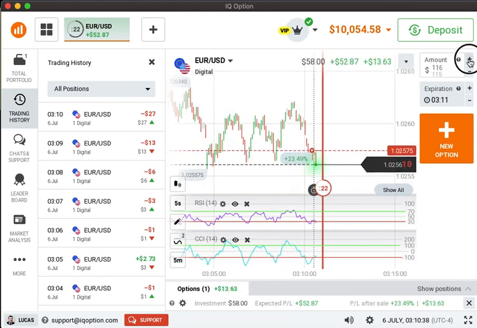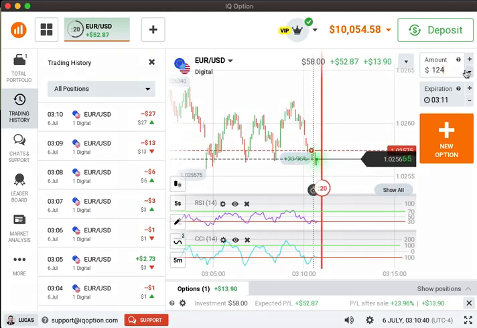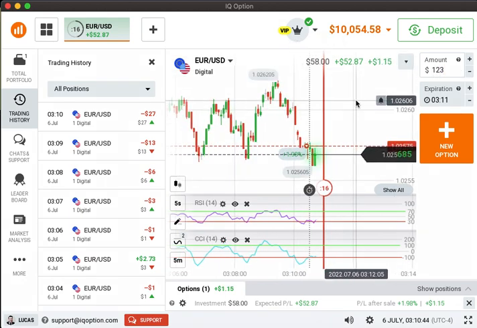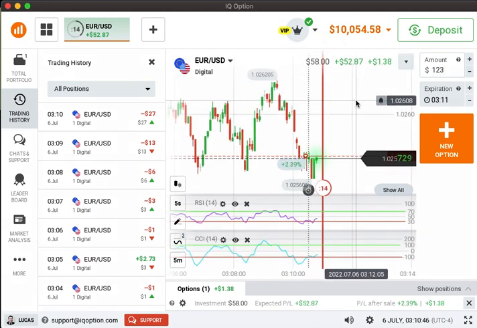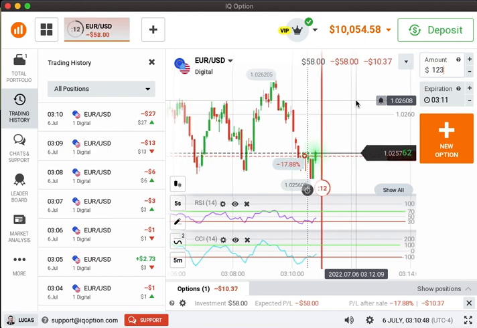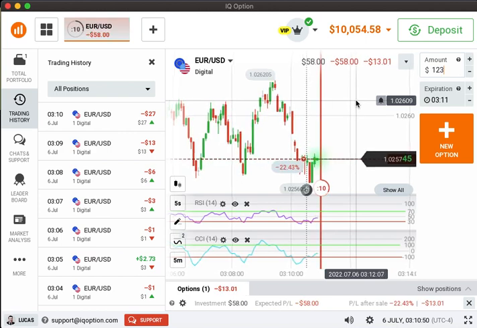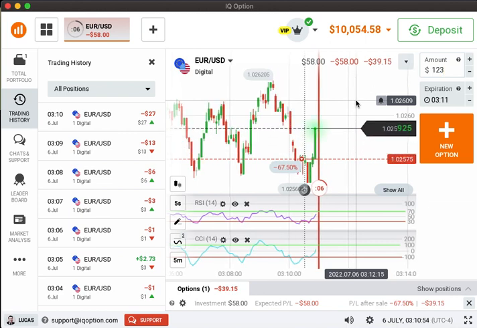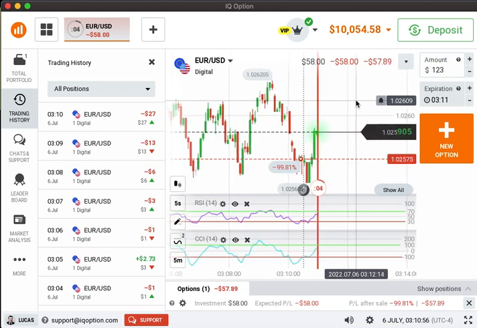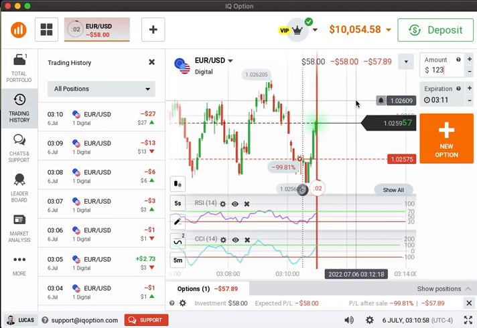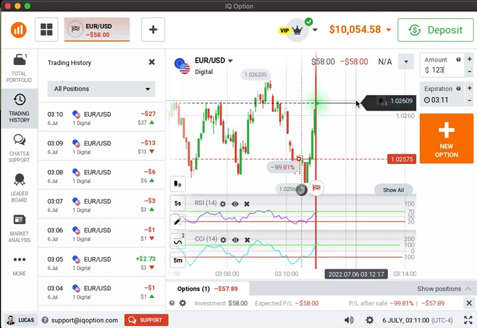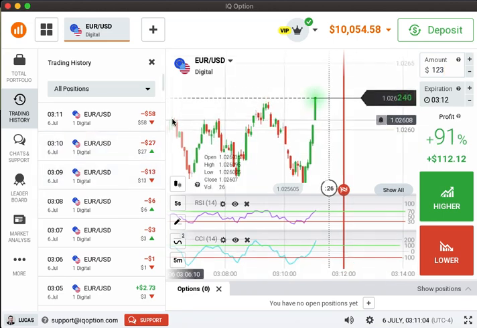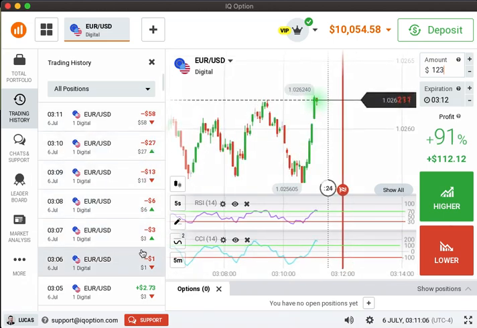So know that it's inevitable to win. There's no way you lose everything as long as you have a substantial amount of money to back you up, right? And you just wait and trade patiently, simply put. Okay, 58 lost, that's okay, that's fine. We have a 1, 2, 3, 4, 5, 6, 7.